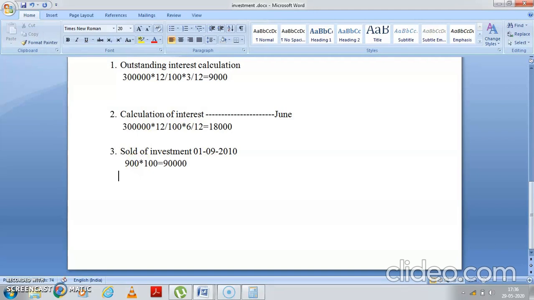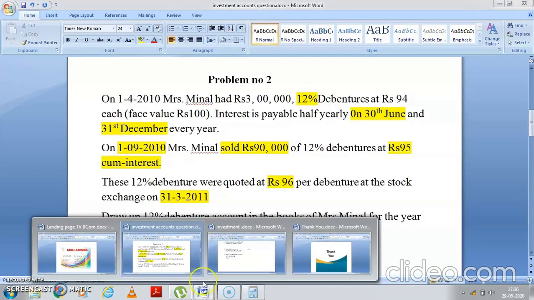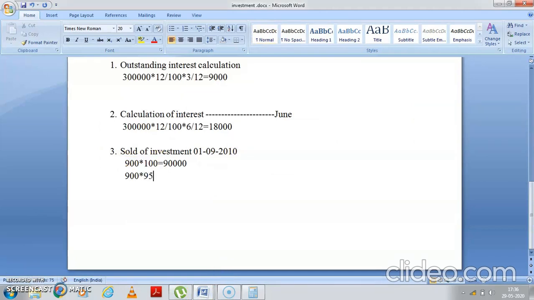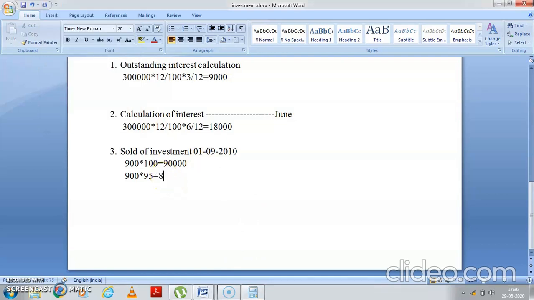Okay. Now you have sold this 900 units into what was the selling price, children? Yes, what is the selling price? 95 rupees. So multiply by 95. What are you going to get? Let me check it out. 900 into 95. That is coming to 85,500. So I'll write here 85,500. Let us take this a little aside, it will make the calculation easy.